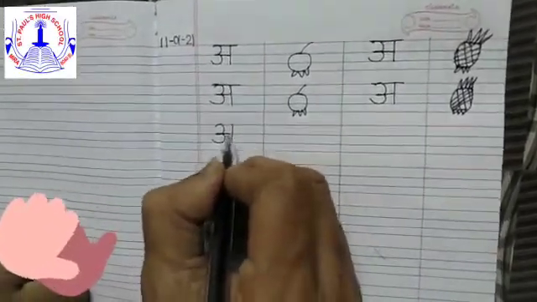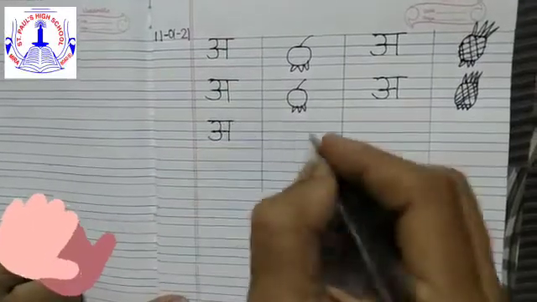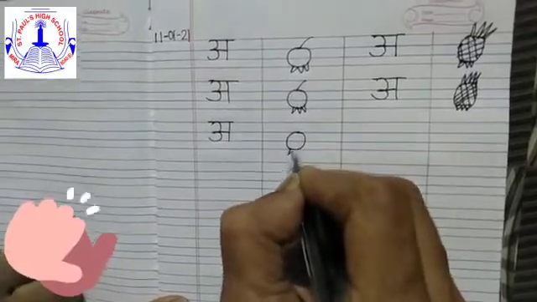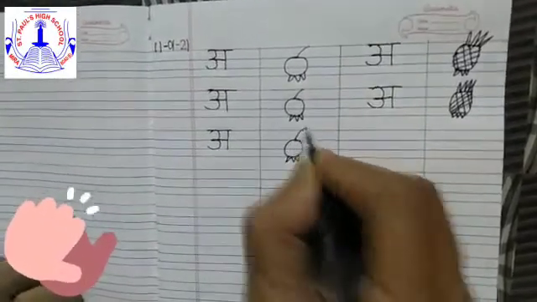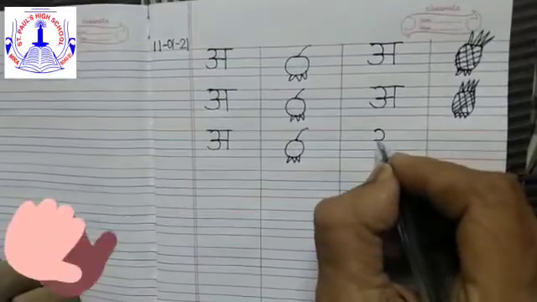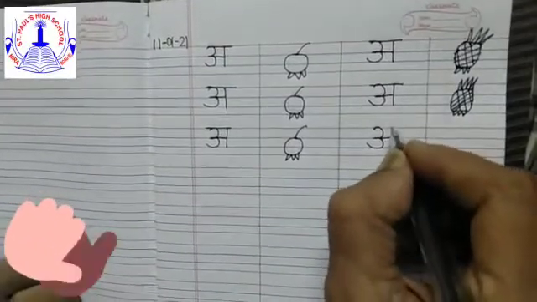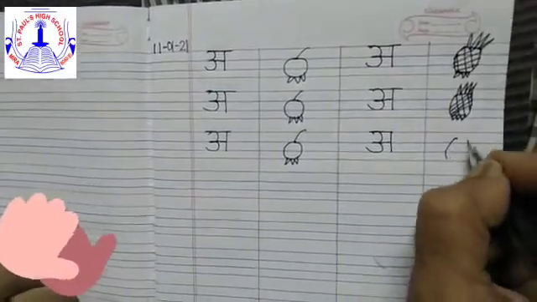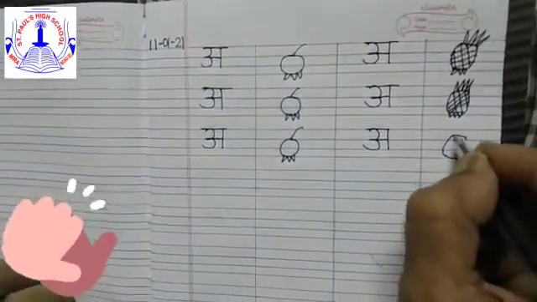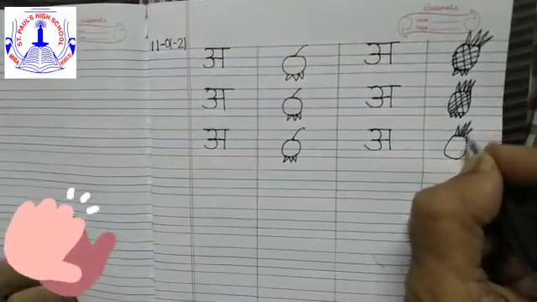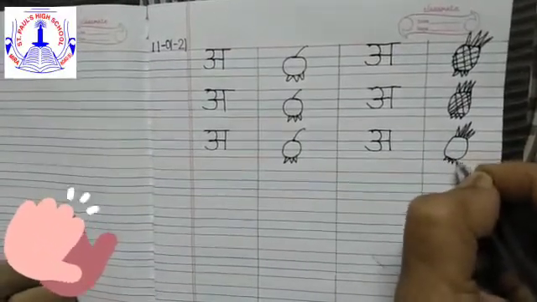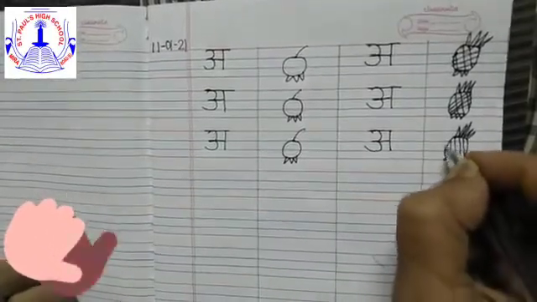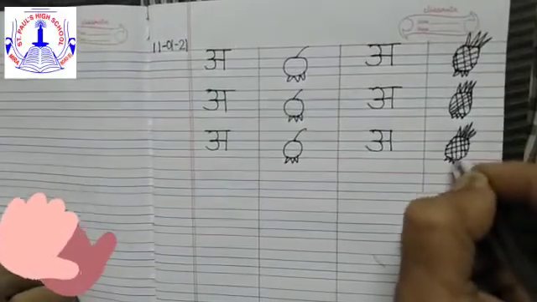Write letter A and then make one circle, and on top make a zigzag line and this slanting line on top, right? That is anar. Now again write letter A, make one curve, other curve, join the line down and bottom and make the zigzag line on top big, okay, and small one down, and inside you have to make the slanting lines. Children, you can see this.